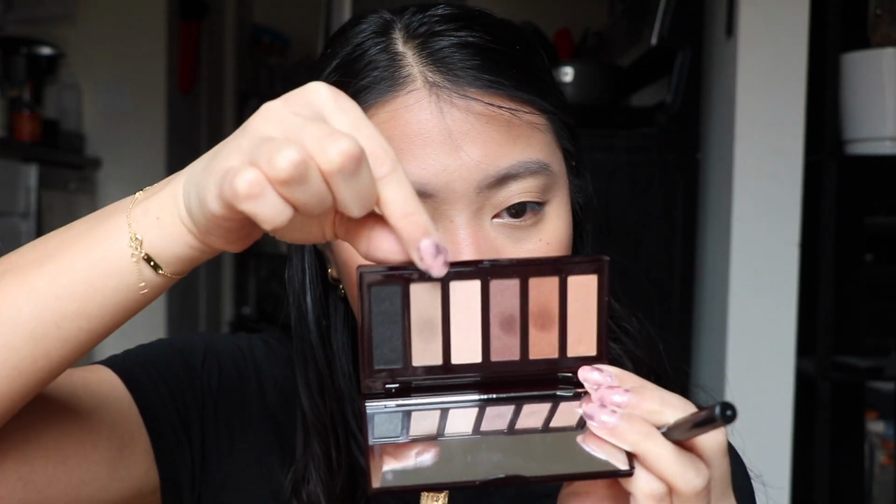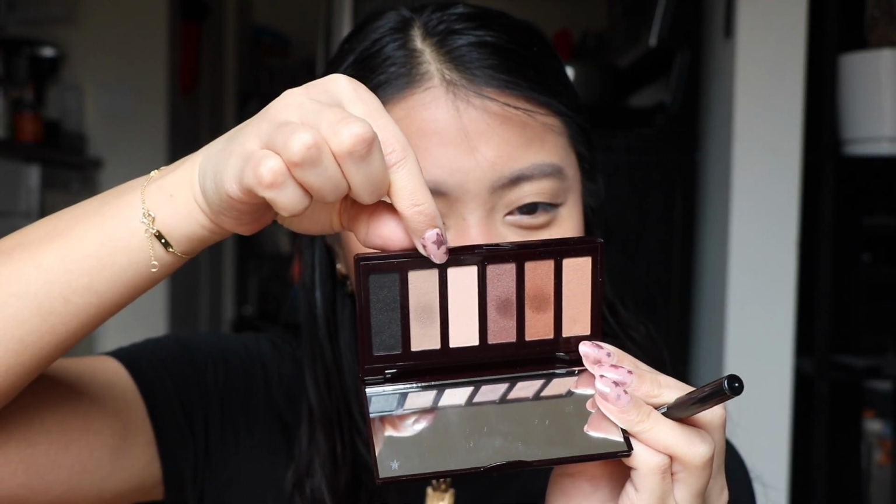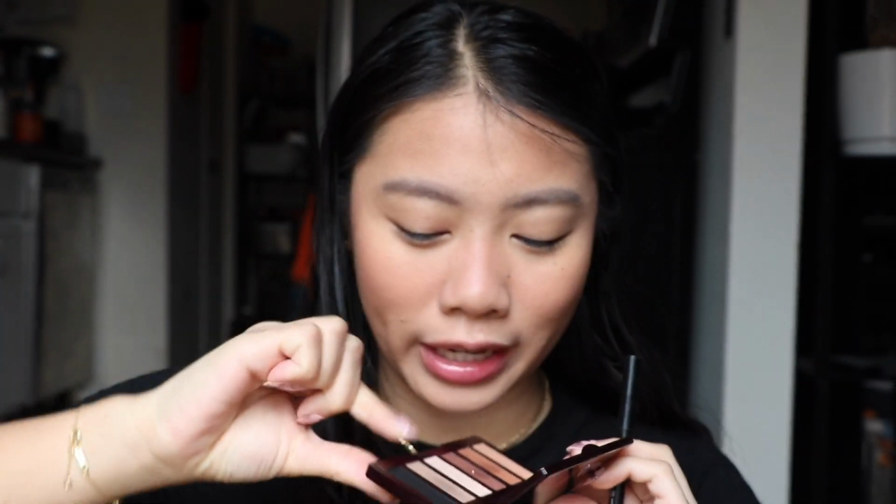So I just threw a little bit of this color right here, the Date Eye number 2 shade, into my crease just for a little bit of something. It's pretty much a cool tone brown, so you're not really going to be able to see it that much. I am gonna line my lips, but I really want to know